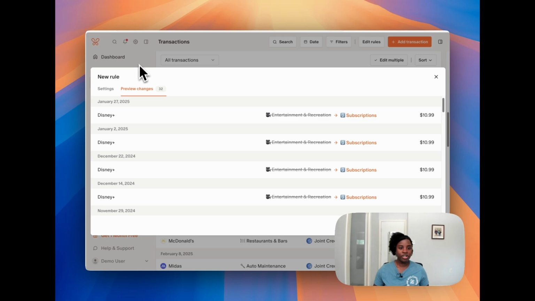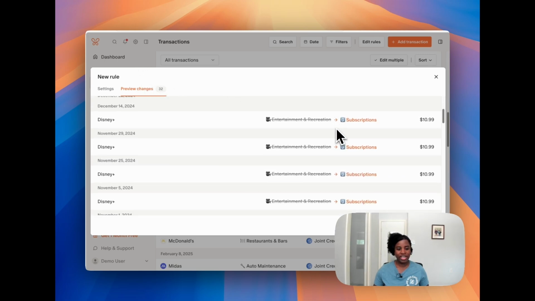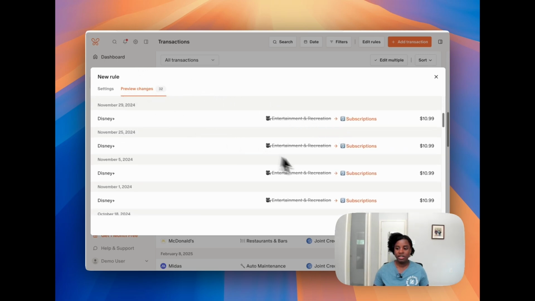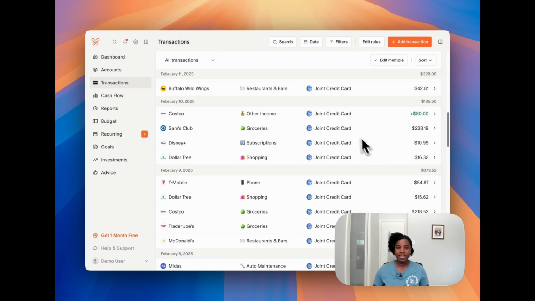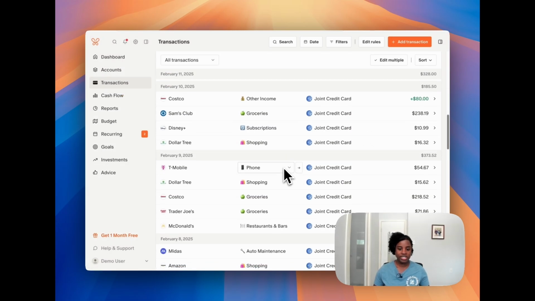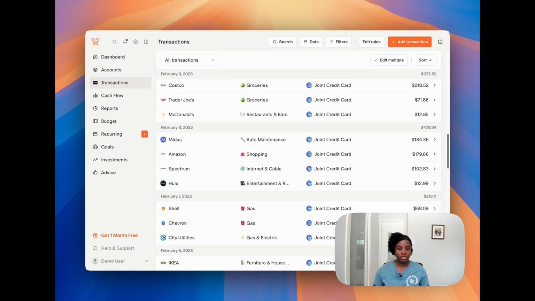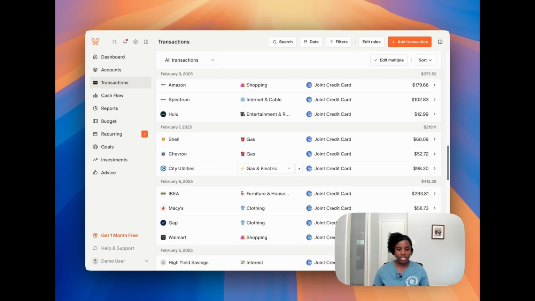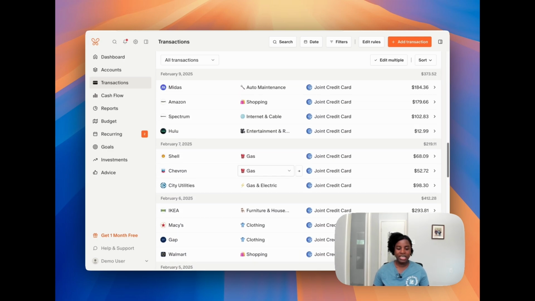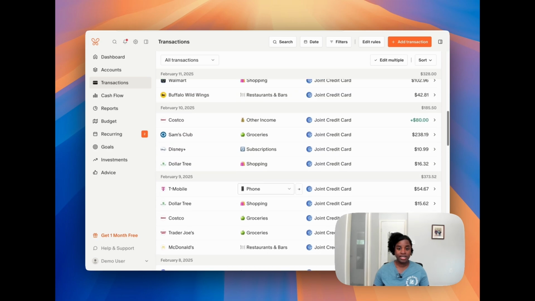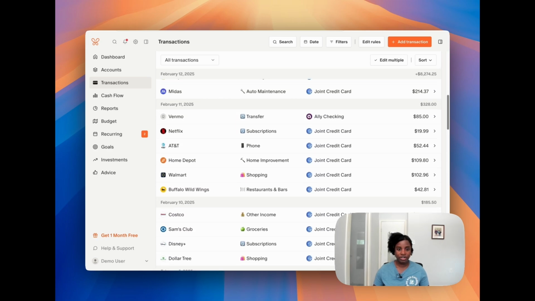I can come over here to preview the changes to make sure it looks how I expect it to look. Yep, that looks good. So I'm going to go ahead and save my rule and then continue to look through the transactions to see if there are any other changes that need to be made. So another change that I'm going to make, which I think is up here, is on a Zelle transfer or